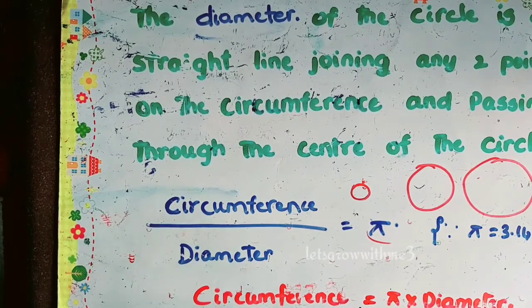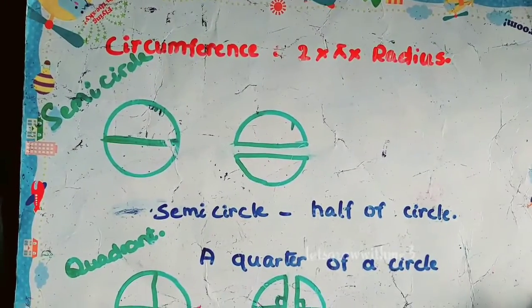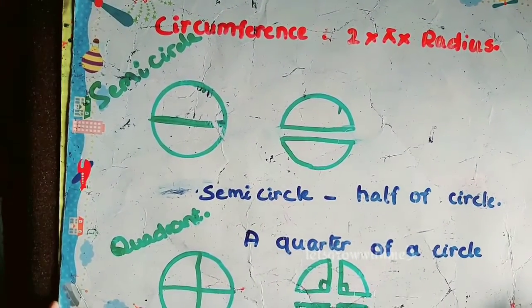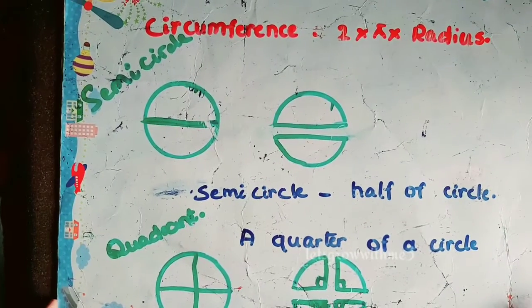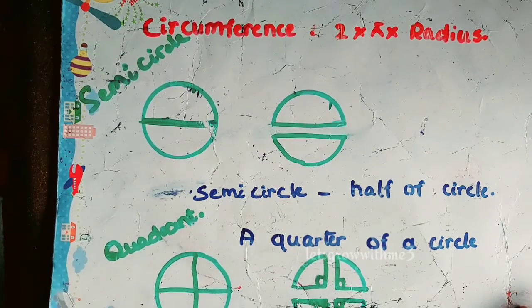From this ratio we can find the circumference, which is equal to pi times d, which is pi times diameter. That means if you know the diameter, then we can calculate the circumference. Circumference is equal to pi times diameter. Next, we can also define circumference using radius. Circumference is equal to 2 times pi times radius. That means 2 times radius is equal to